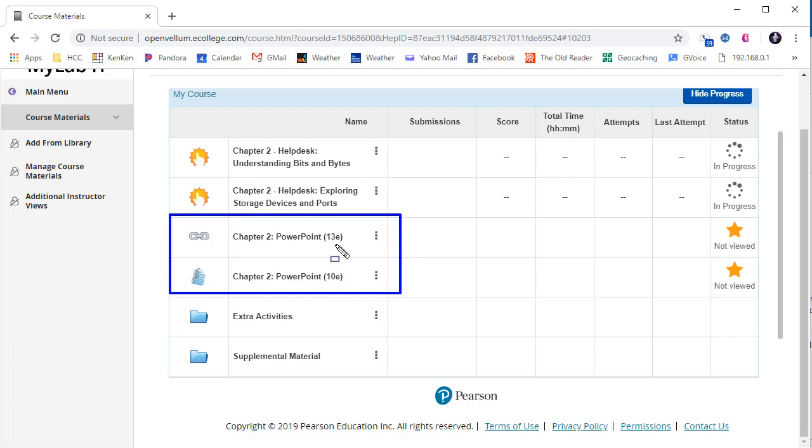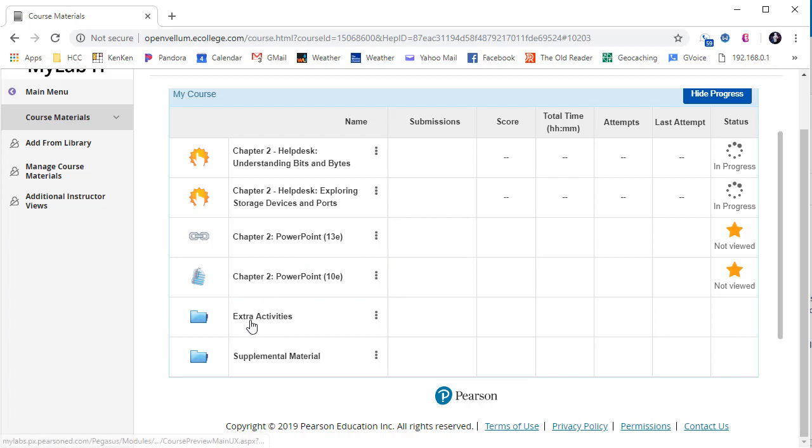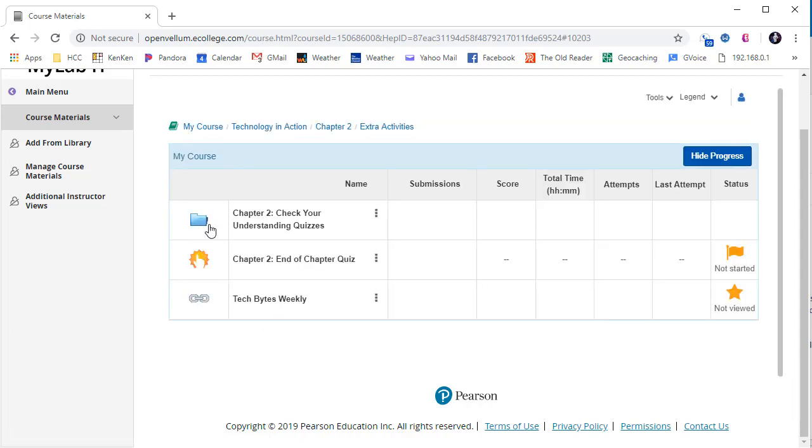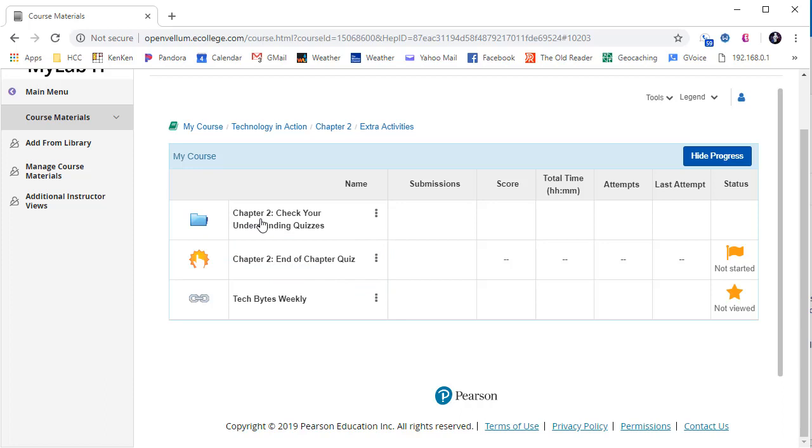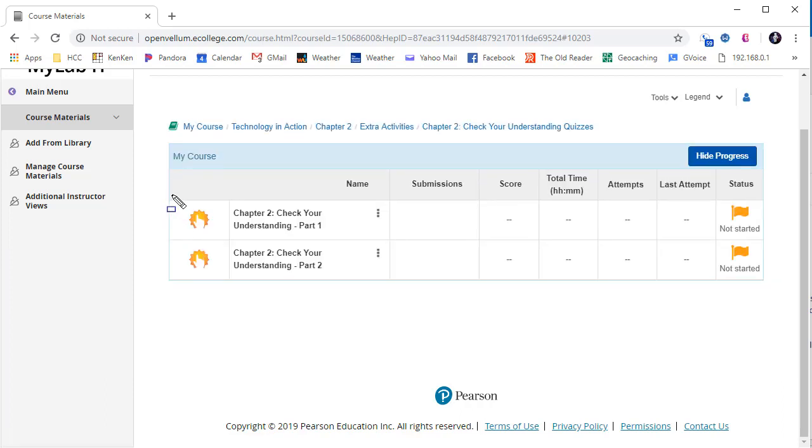There are 2 of them here, one for the 13th edition of the book, one for the 10th edition. The 13th edition is just fine. There is also an extra activities folder that has end of chapter check your understanding quizzes and end of chapter quizzes. Once this loads, here we have the chapter 2 end of chapter quiz right there. Then we also have check your understanding quizzes, and notice that we have 2 of them there. There may even be some of those exact questions on the test, so I highly suggest that you use these